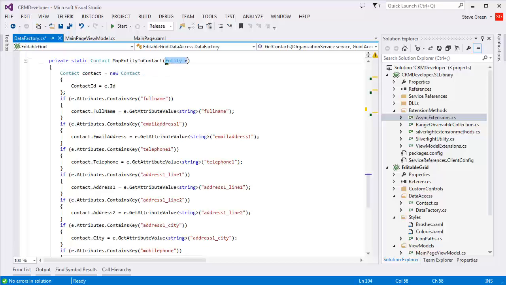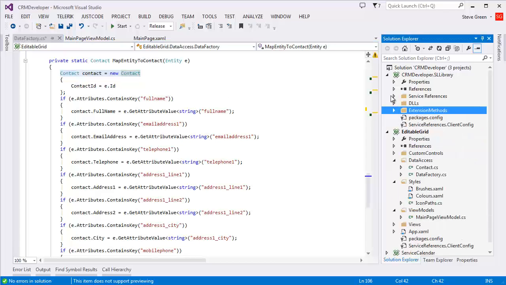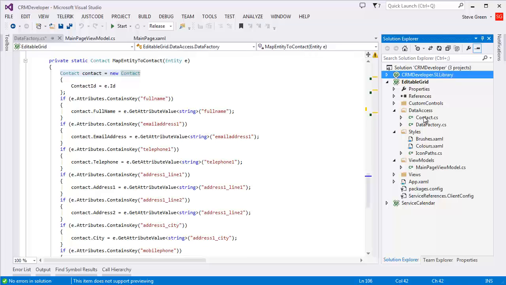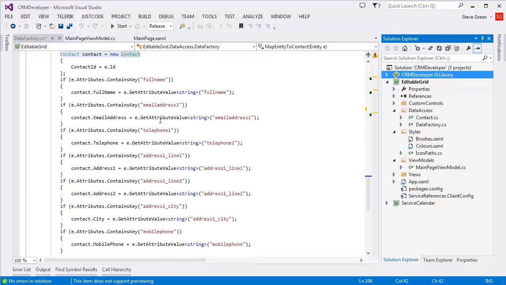So it simply takes an entity as the parameter, declares a new contact type from my data access namespace, this contact type we saw earlier, takes the GUID from the record retrieved and sets that to the contact ID, then does a check on each of the fields, so full name, if the attributes contains a full name, set the full name of the contact class to equal, and then use this get attribute value method that's just a standard part of the CRM SDK when you've added the service reference, and just maps it to the full name and does exactly the same for all of those, and at the end then returns that contact